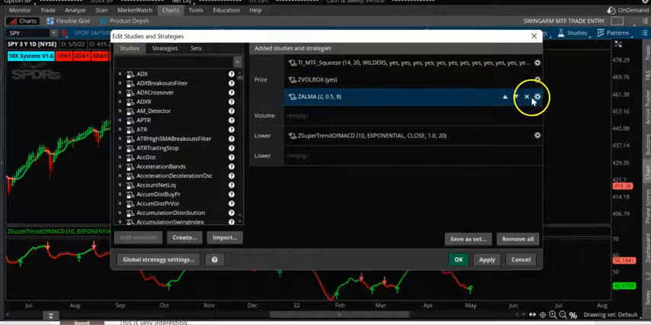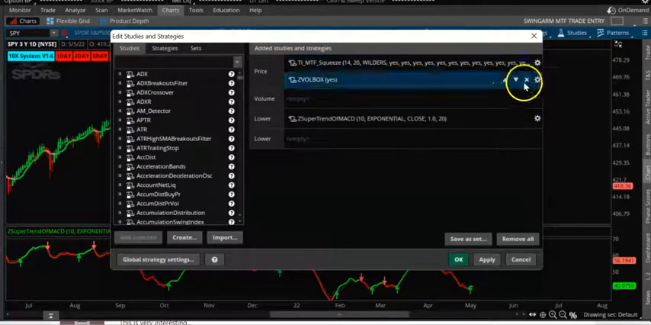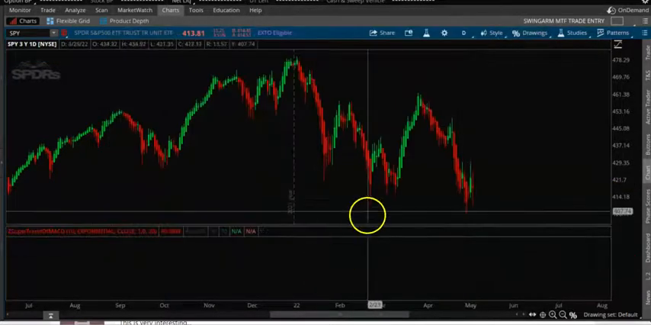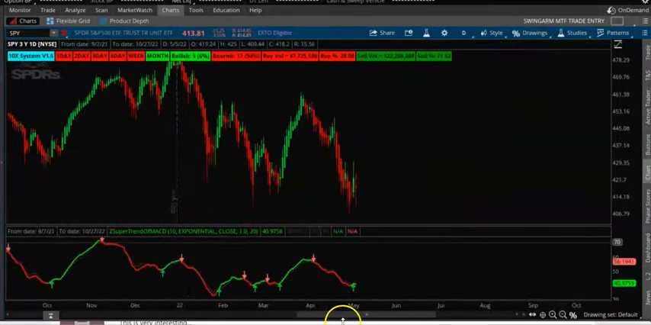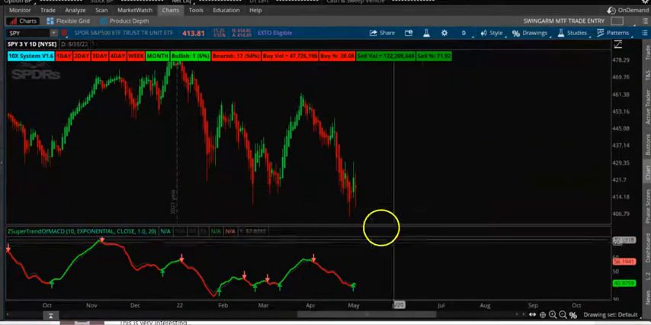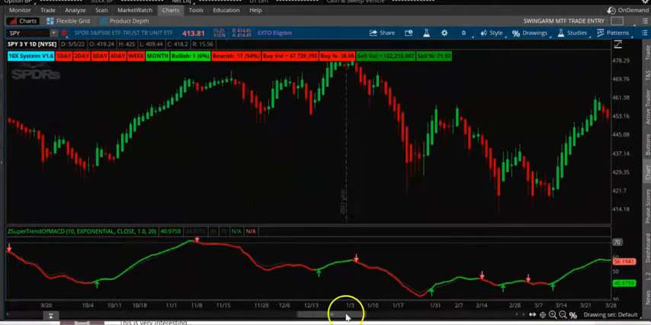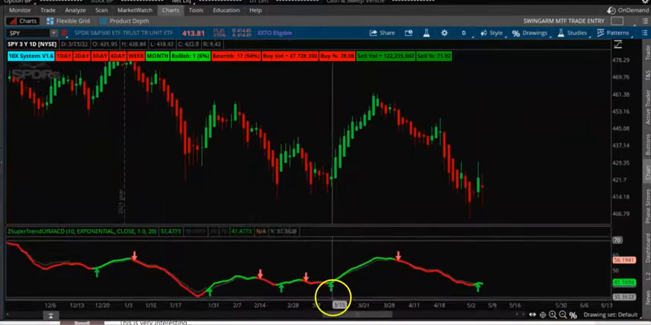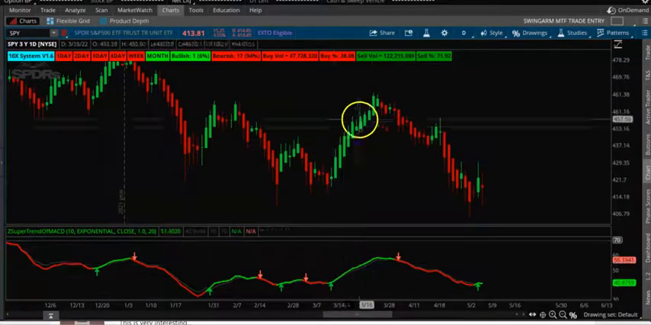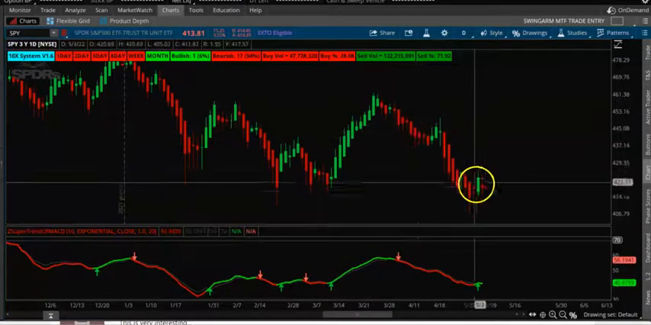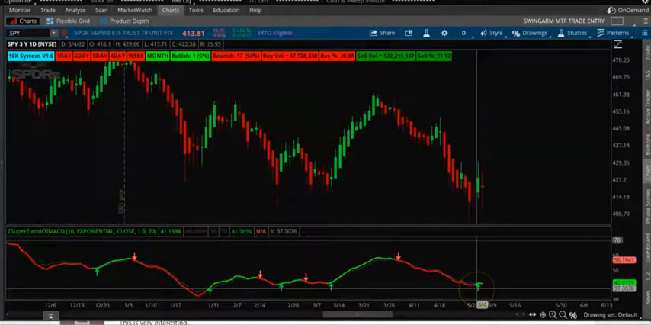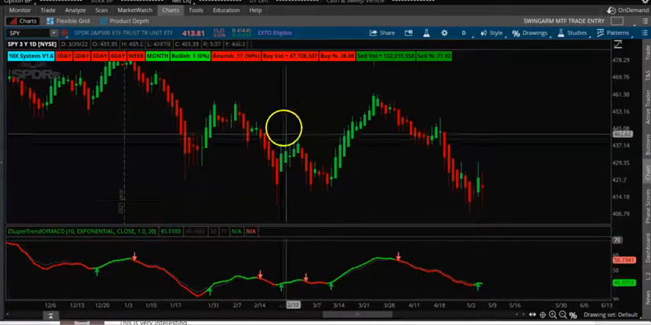Okay, so I have this indicator here. You can see that it is a buy signal here, right? Buy signal, and then it's a sell signal here, right? So again there's a buy signal here. Okay, so today